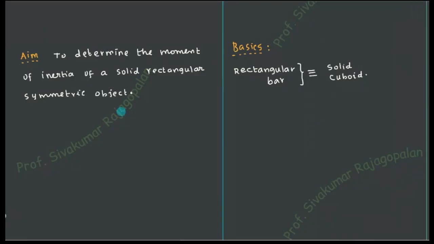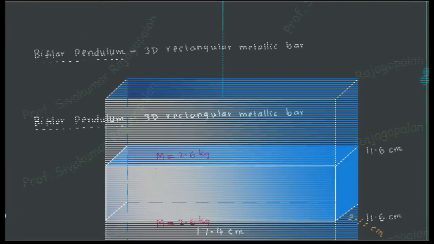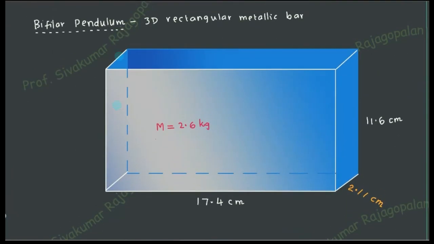structure of the object that you are going to use, as I already told you, you can use any kind of structure. It can be a circular rod also. Circular rod means a rod of circular cross section. And you can also use a rectangular bar, etc. If you see in our laboratory, you'll be having this kind of material. We don't have a thin rod, but in our laboratory, we have a rectangular metallic box like structure, made up of stainless steel.